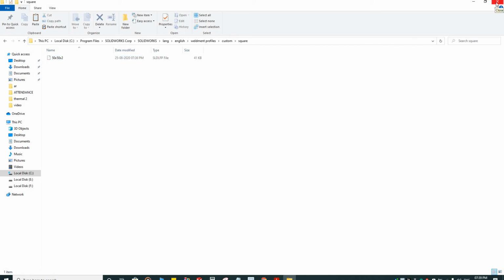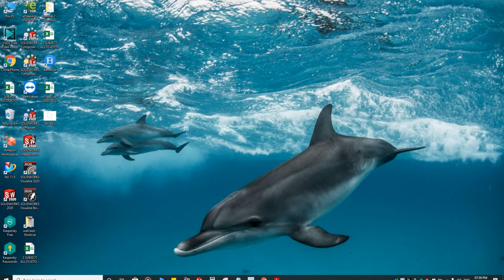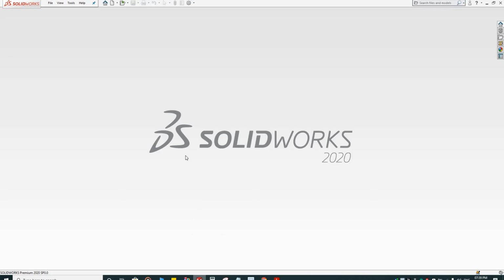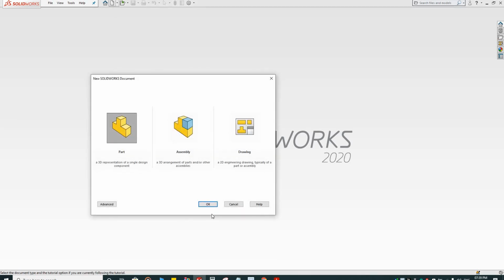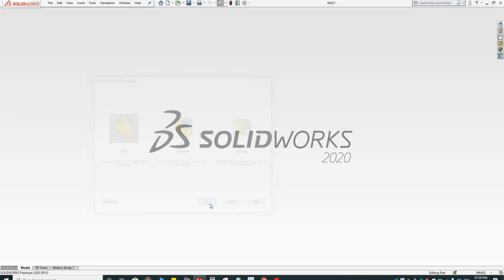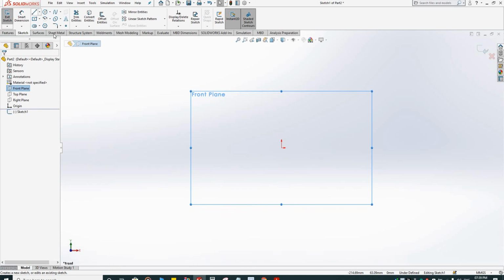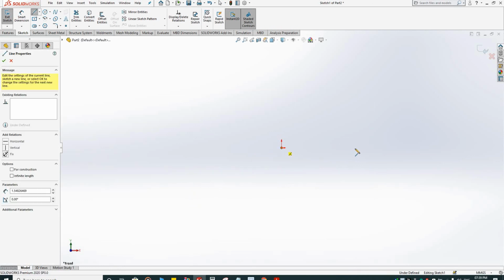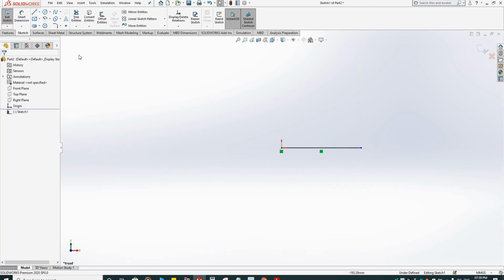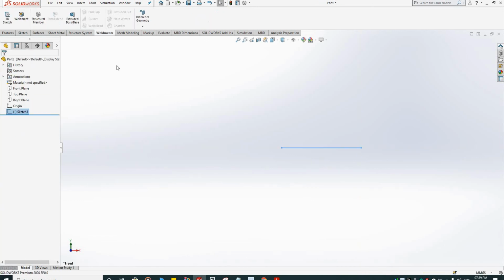Now close this folder. Then I open SolidWorks 2020. Now open a new part and click any plane. Now I draw one line, sketch, weldment.